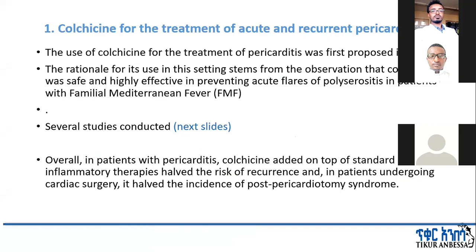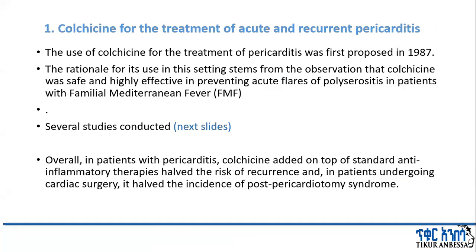So the use of colchicine for the treatment of pericarditis was first proposed in 1987, and later the rationale for its use in this setting stems from the observations that colchicine was safe and highly effective in preventing acute flares of polyserositis, including pericarditis, in patients with familial Mediterranean fever. There are several studies that we will see later. Overall, in patients with pericarditis, colchicine added on top of standard anti-inflammatory therapy halved the risk of recurrence, and it